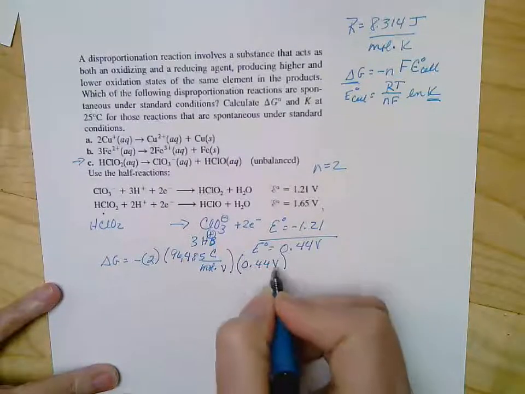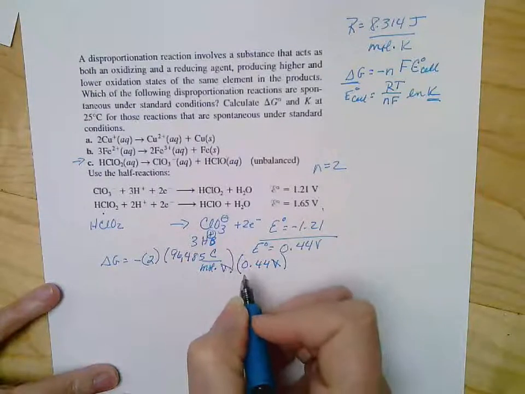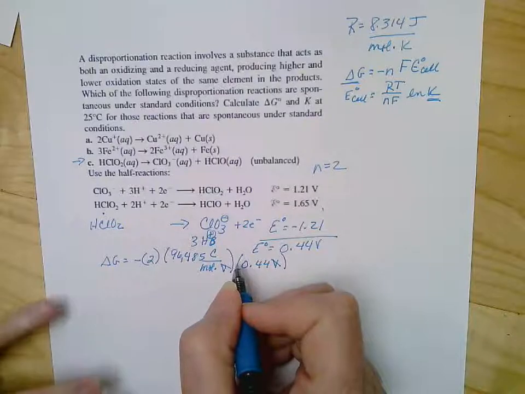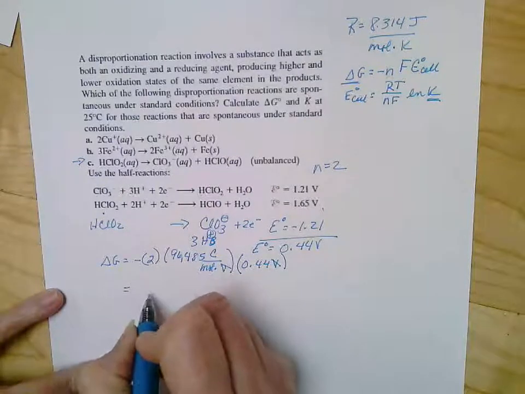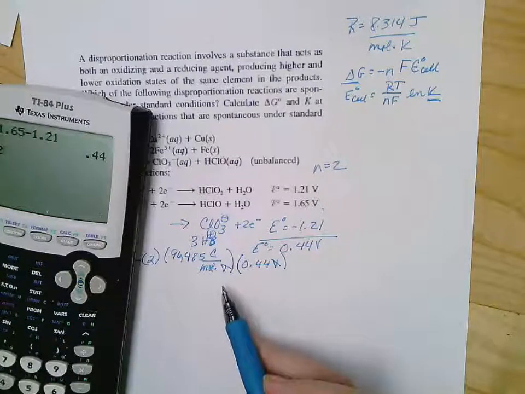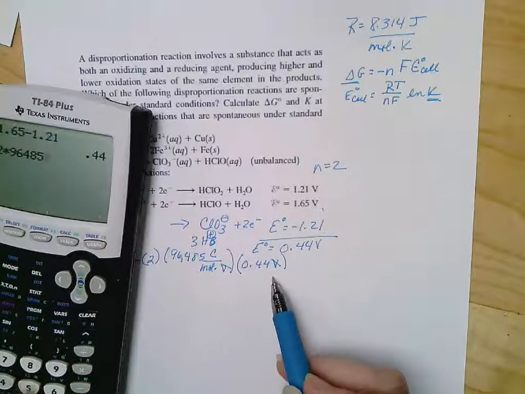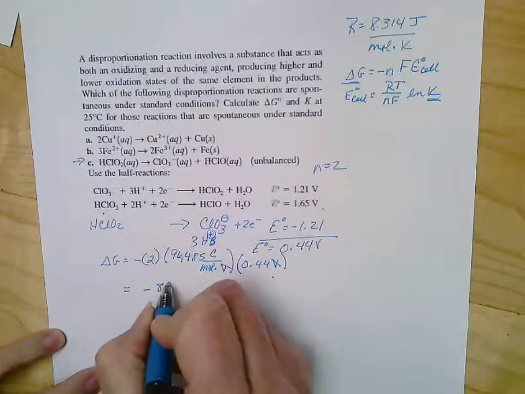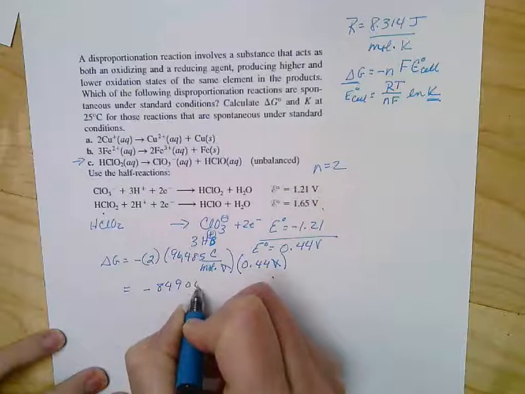And so our volts are going to cancel. And there's a way of converting it into joules. So it's going to equal 2 times 96,485 times 0.44 equals, and so it's negative 84906,